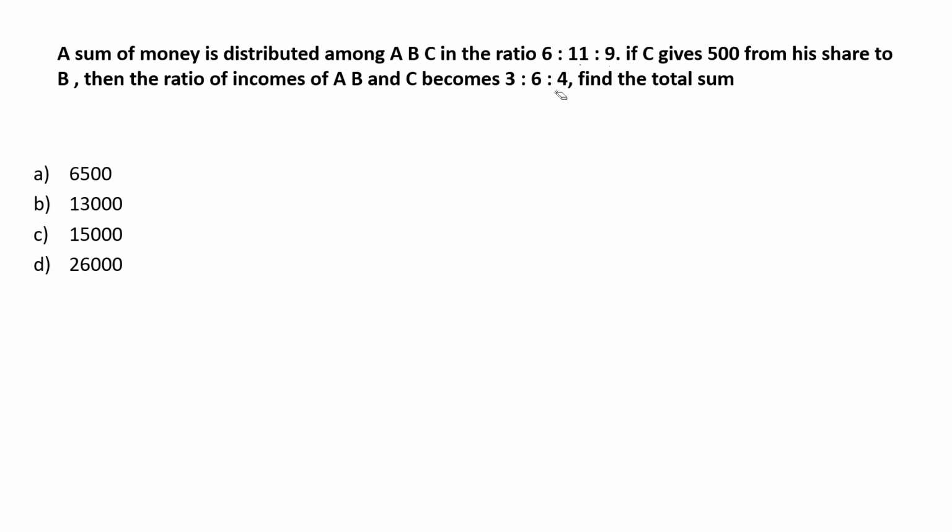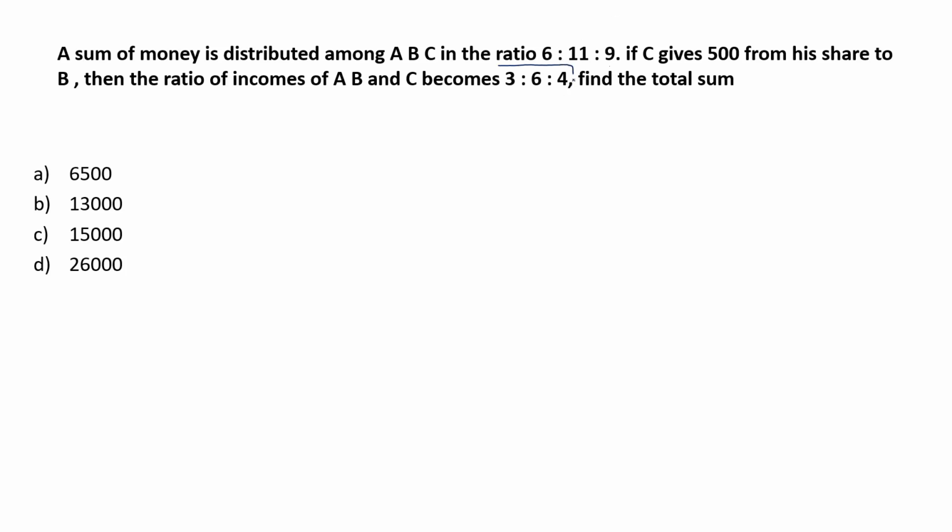Okay. Just read the question and understand one thing. If you understand one thing, then the question would be solved very easily. Whether the ratio is in the form of 6:11:9 or in the form of 3:6:4, the ratio can be in any form, but the amount they distributed among themselves is uniform. They distributed the amount in the ratio 6:11:9 and again they made some changes and the amount became the ratio of 3:6:4. No matter what the ratio is among them, the amount they distributed is the same in both cases.